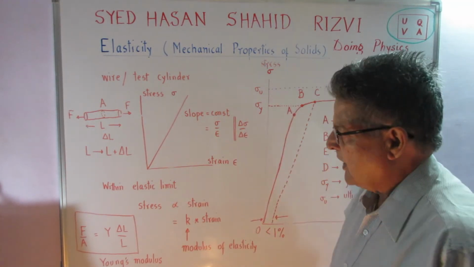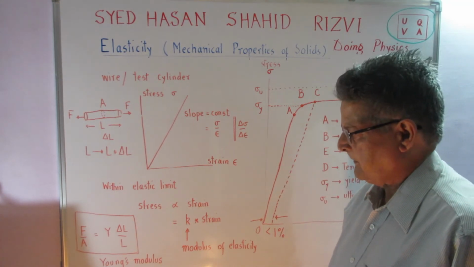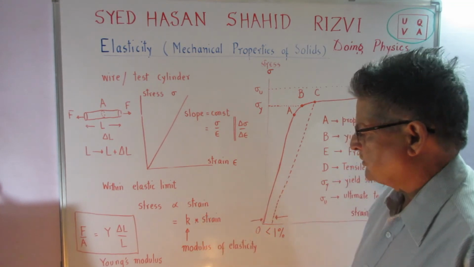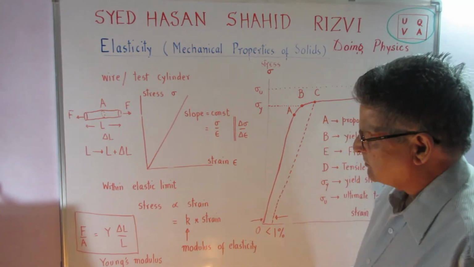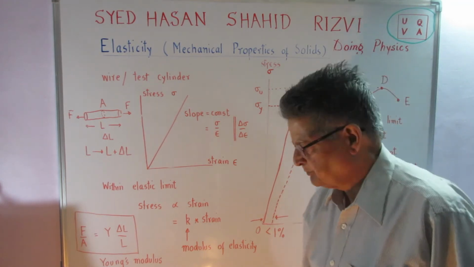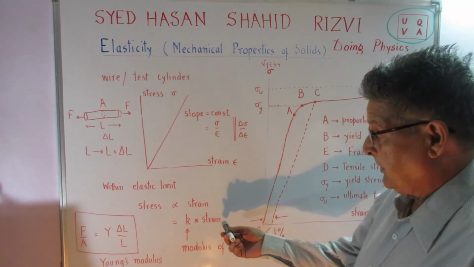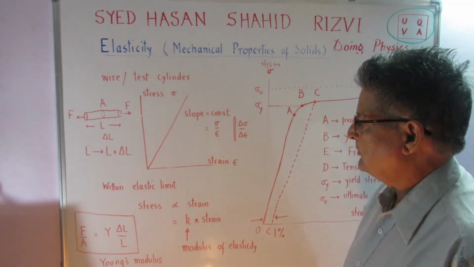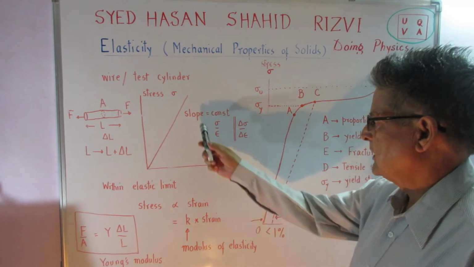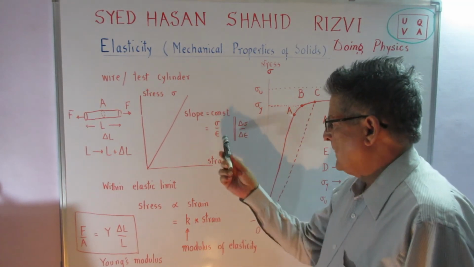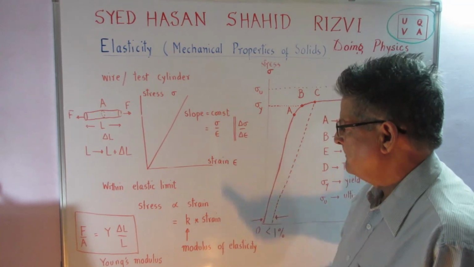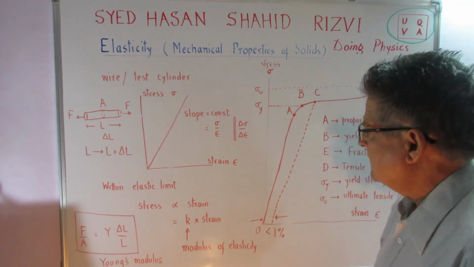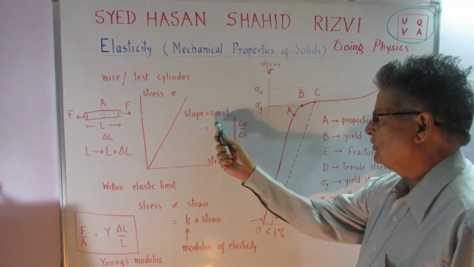Just like y is proportional to x, y is equal to kx, similarly this stress will be equal to K multiplied by the strain. This is the constant of proportionality of the defined system, which does not depend upon the strain. At all points, the slope of the stress-strain curve is constant. So sigma upon epsilon, where epsilon is the strain. We find that the slope is a constant equal to sigma upon epsilon.